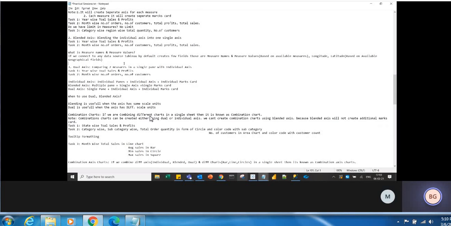The other way is you can just take whatever is required and drag the required ones. Let's say you have 20 to 30 measures. How many measures do you need to analyze? Do you need 5 measures? If it is 5 measures, what is the best way?